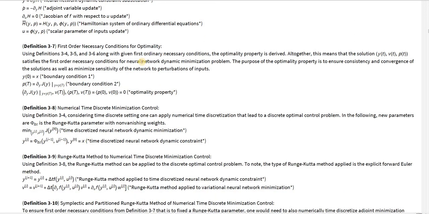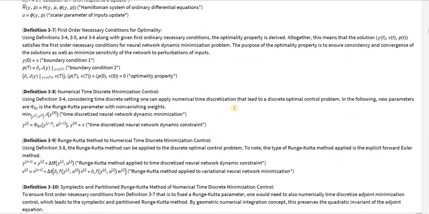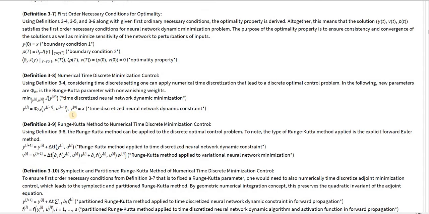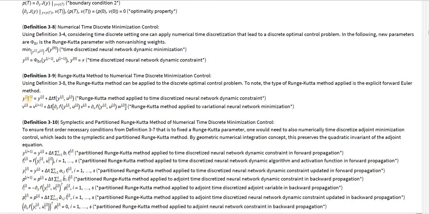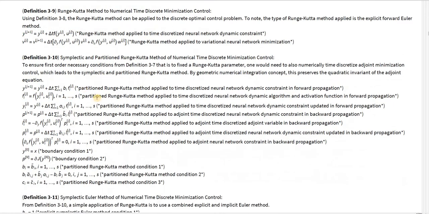After we do the differentiation, now we have to discretize, because when you're doing backward propagation, there is no analytical way of actually computing this. So this is where the geometric numerical integration comes in when we finally time discretize the minimization problem. Here we have a Runge-Kutta parameter. As I mentioned, this is going to be the adaptive solver that we're going to use, because it provides the maximum convergence. And then from here, we discretize the forward prop,